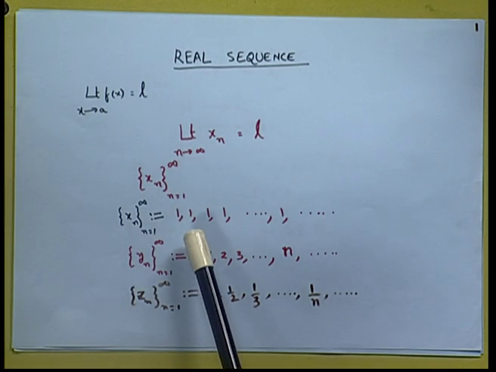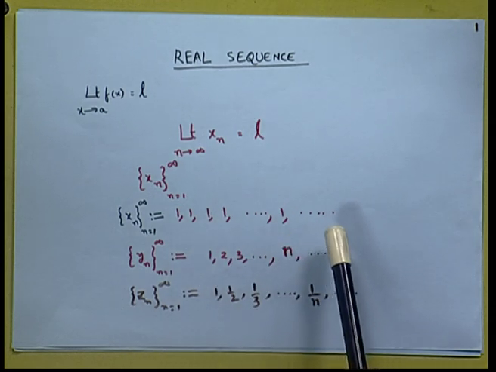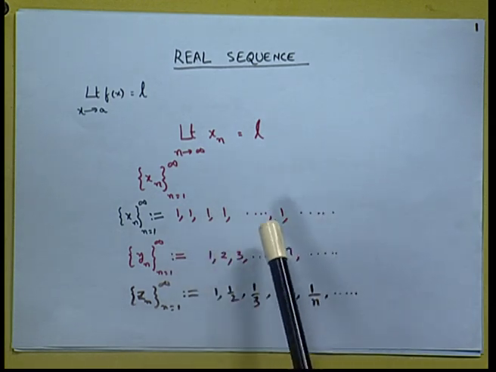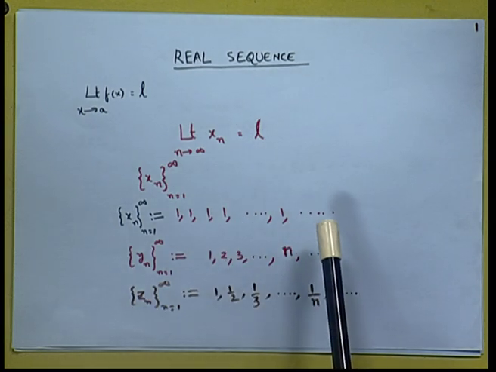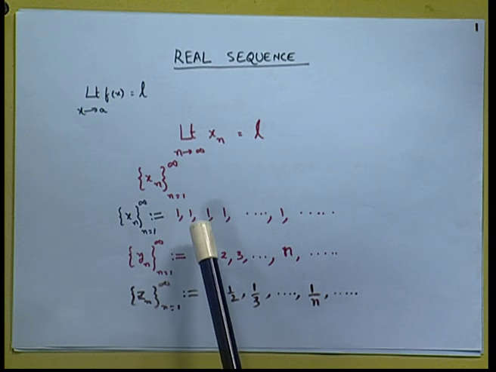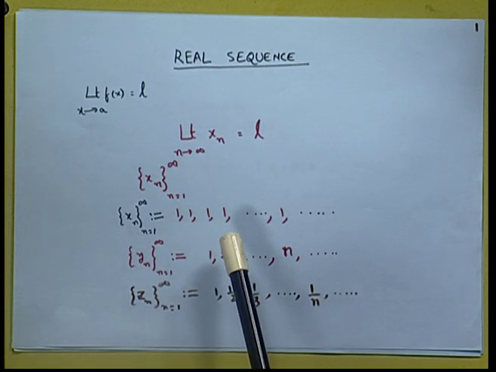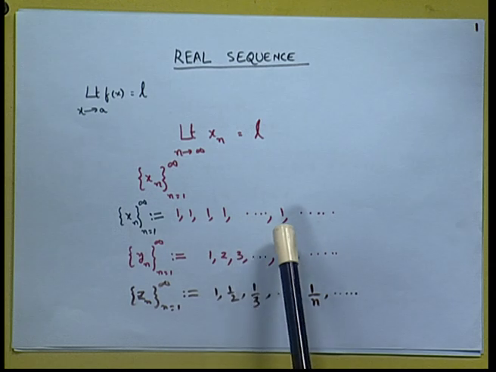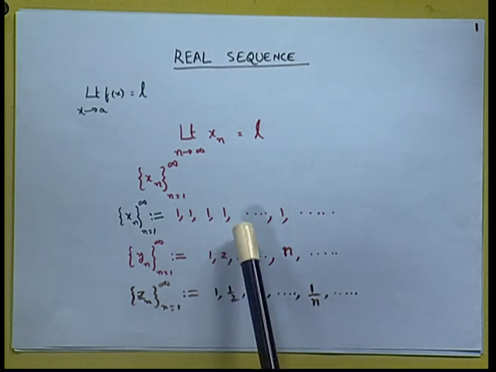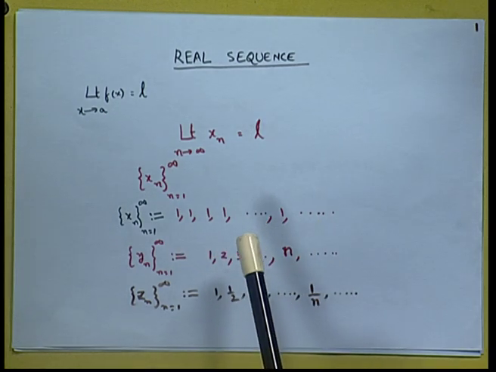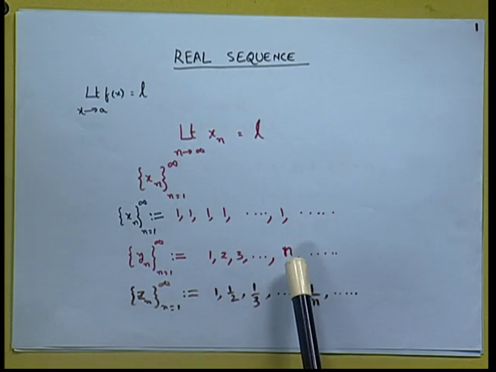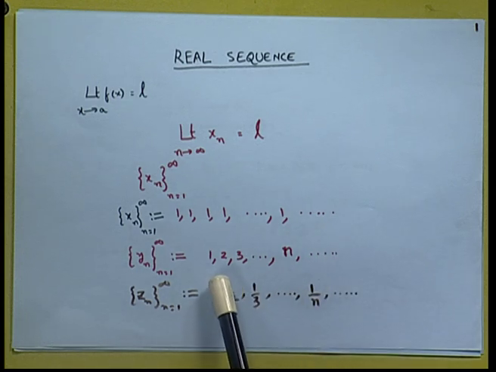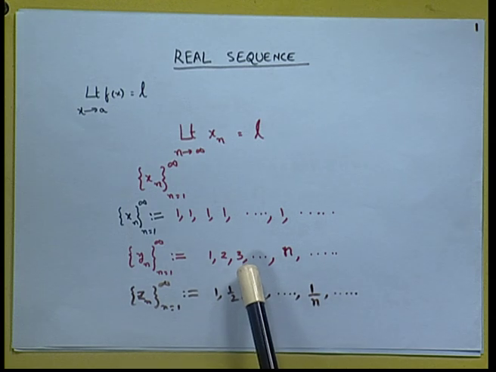If you look at this expression 1, 1, 1, 1 and so on, taken indefinitely and infinitely, this kind of an expression is called a real sequence. Here these entries 1, 1, 1 are called entries or members or elements, and this is called a sequence. These are real numbers, so this is called a real sequence. And another example is 1, 2, 3 and so on, n and so on. Here 1 is first term, 2 is second term, 3 is third term, the nth term is